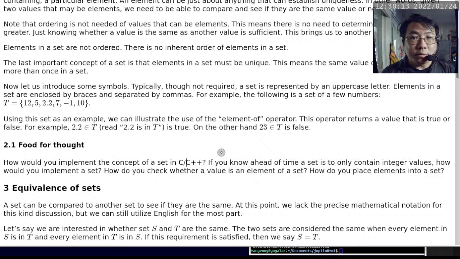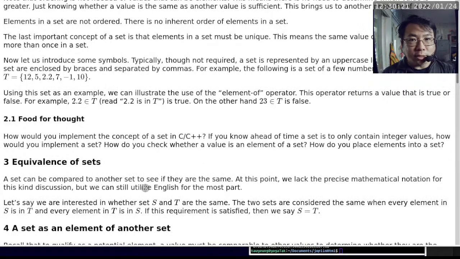So section 3 is interesting because it is expanding on the concept of how do we compare two sets. How do we establish whether two sets are the same or not? So let me go ahead and read the definition. A set can be compared to another set to see if they are the same. At this point, we lack the precise mathematical notation for this kind of discussion, but we can still utilize English